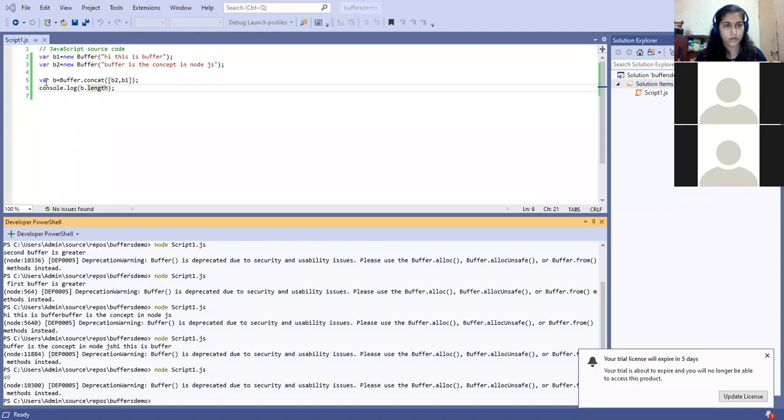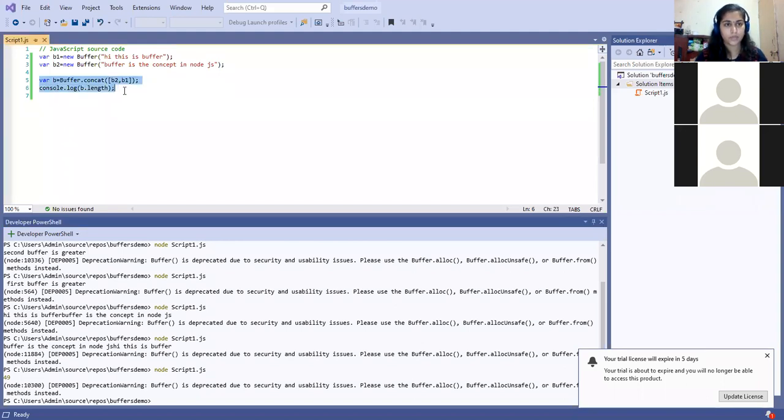We will see the copy function. Suppose I want to use the copy function. It will not return anything. So we have to write like B1.copy(B2). Now let us look at the example. B1 contains hi, this is buffer, and I'm going to copy the content of B1. This is the source, and in the brackets there is a target. So whatever B1 contains, it will just overwrite the content of B2. So now see the output of B2.